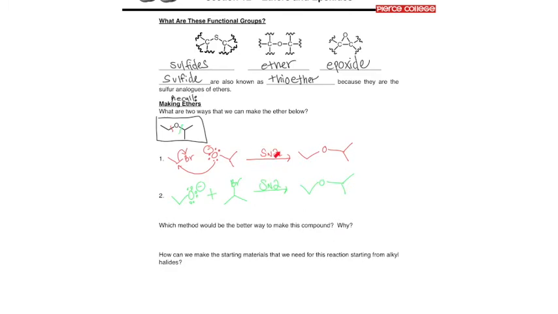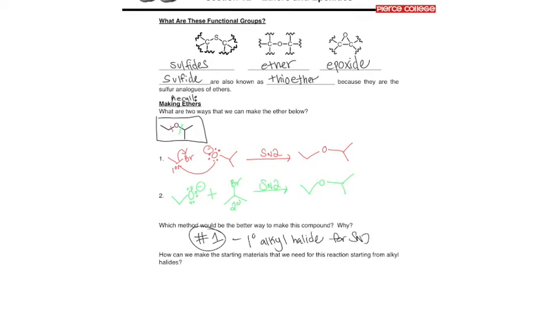So if you think about what you need for an SN2, we like to have backside attack on a less hindered substrate. So if we look at our substrates and we just look at the degree of substitution, we can see this is a primary alkyl halide and this is a secondary alkyl halide. So clearly, once we get to that point, we realize that route number 1 would be the best. That would be the highest yielding